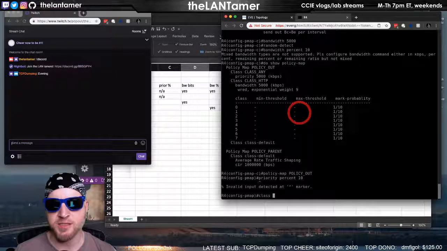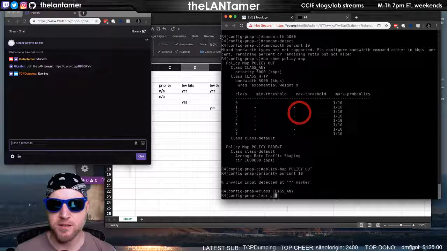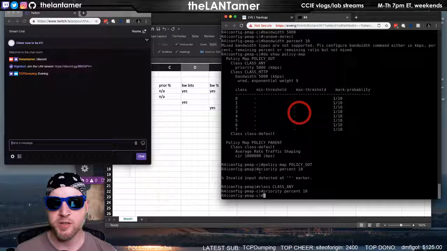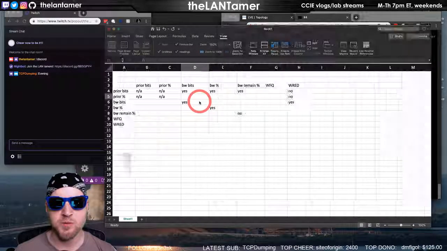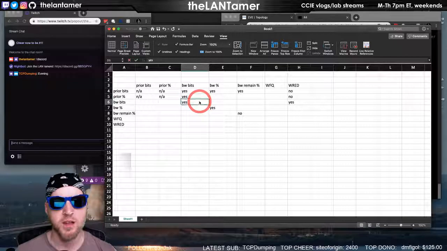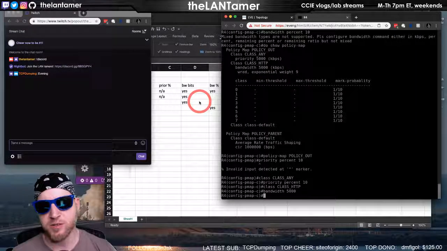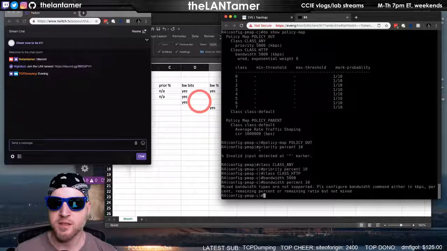Oh, class. And then if we go back to class HTTP, bandwidth. Yeah, so that works. Priority percent with bandwidth percent. Yes, that works. Bandwidth percent.